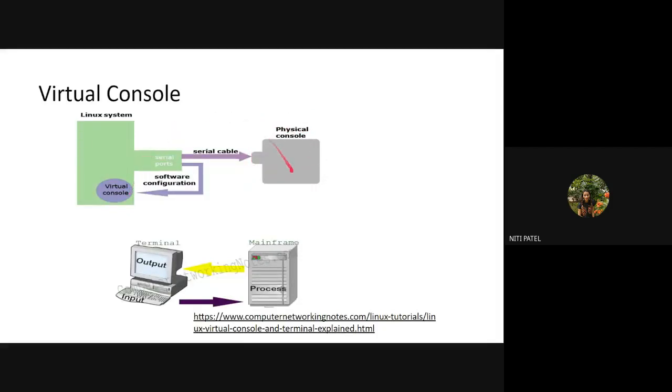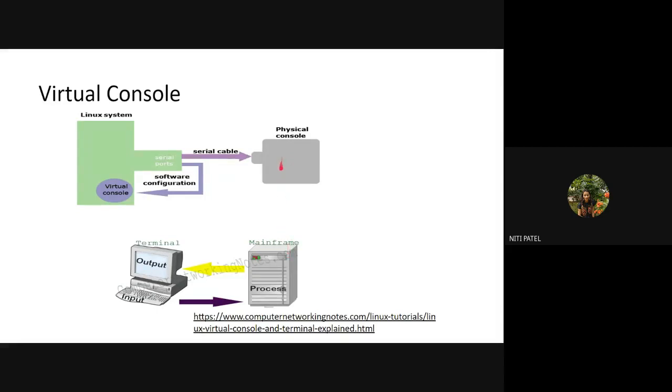Now, why virtual and why physical? Why is it called physical? Because all the processing and execution is done on the physical. So the machine where your execution and processing is done is considered to be physical. But the machine which is used only for sending the input and receiving the output is considered to be virtual. Since I have used this Linux only to send and receive input and output, I am calling it a virtual console. And since the processing is done on some other machine, I am calling that machine a physical console.